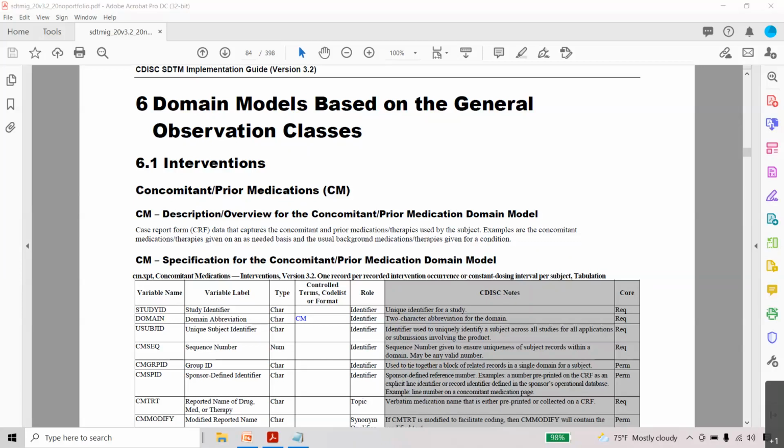Remember, in the exposure and exposure collected datasets, we capture only study treatment information. And coming to the concomitant medications, we will collect information like during the treatment,